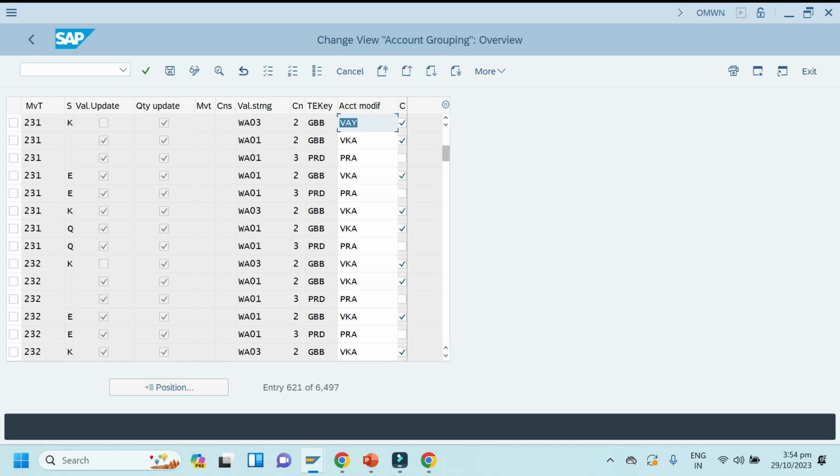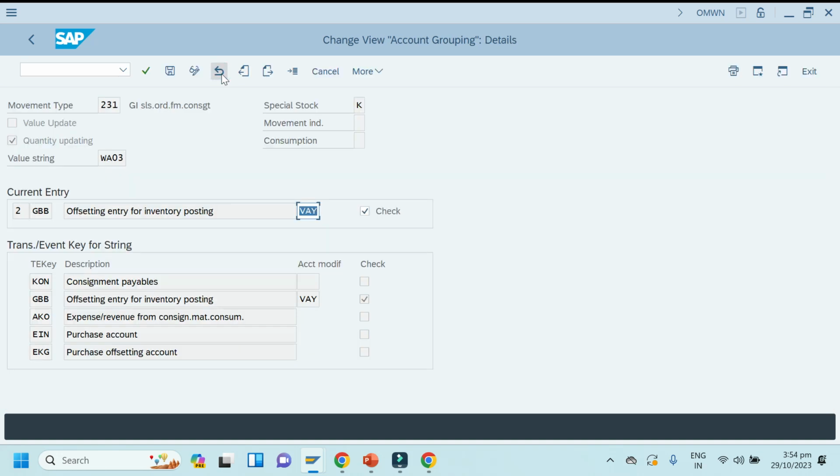Next, VAY: VAY is for goods issue for sales order with account assignment.